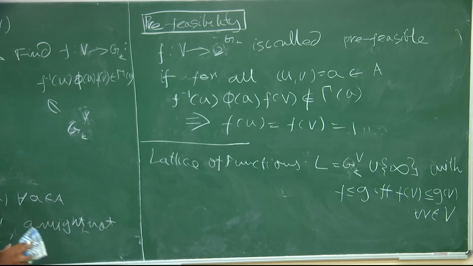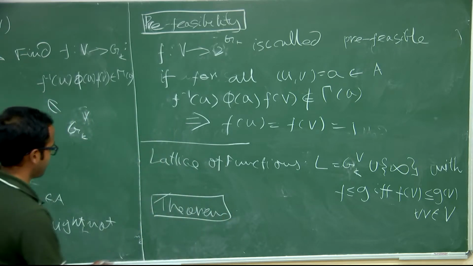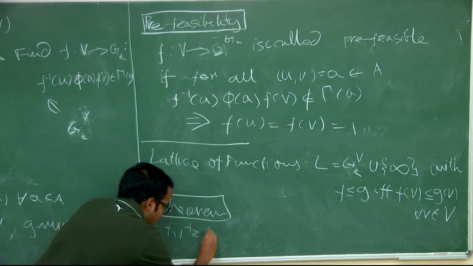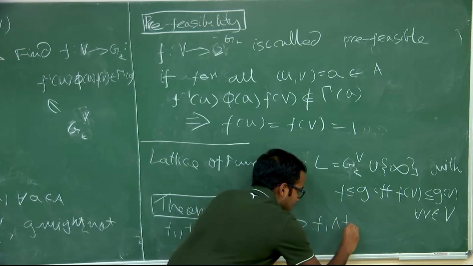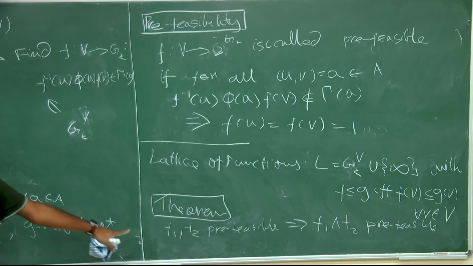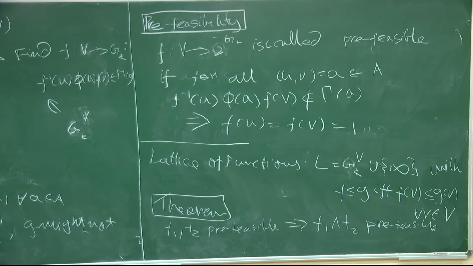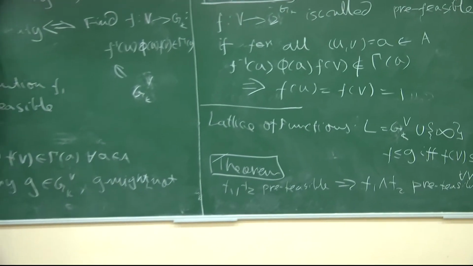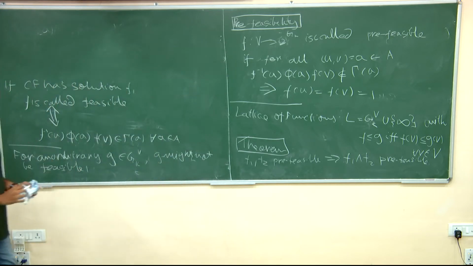You can show this. This is in the paper. If both functions are pre-feasible, then their meet is pre-feasible. Okay, so this will basically follow from, so what does it,